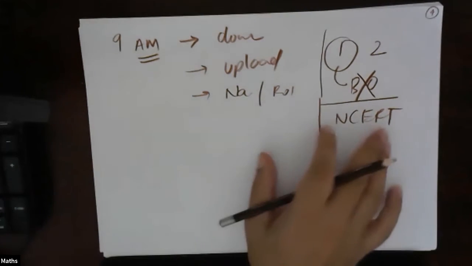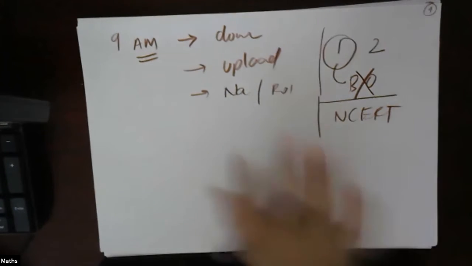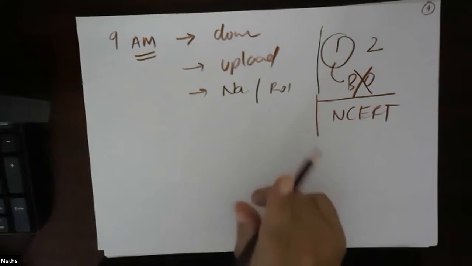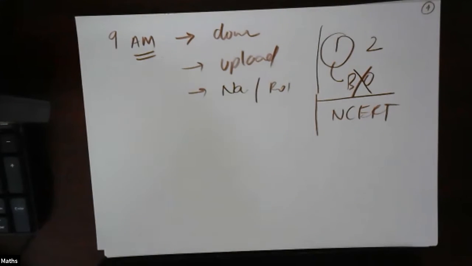Don't think that if you have done only one topic, only relation and function or inverse trigonometry, that will be enough. No. Please read both the parts, because relation and function we have already done in 11th class. I think the paper will be of 20 marks, so I think you will get 5 questions of 5 marks. Okay, fine.